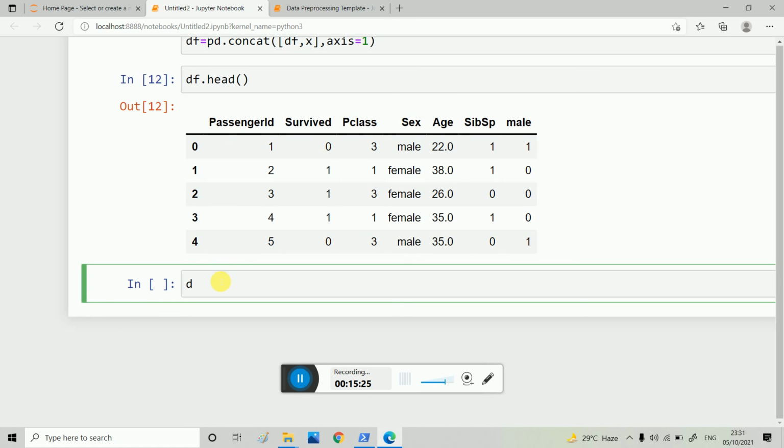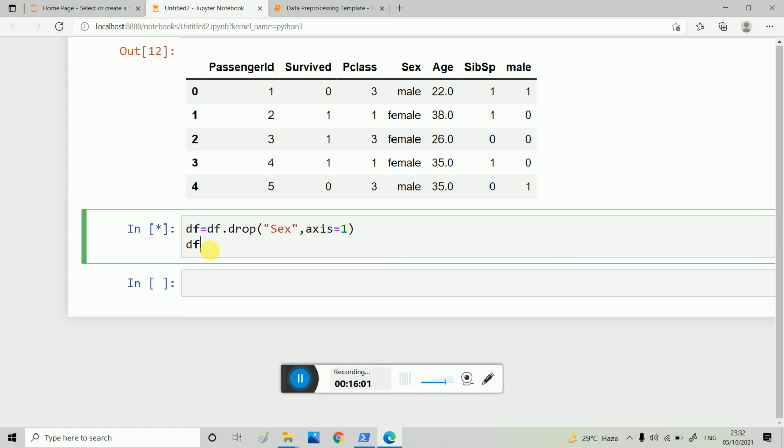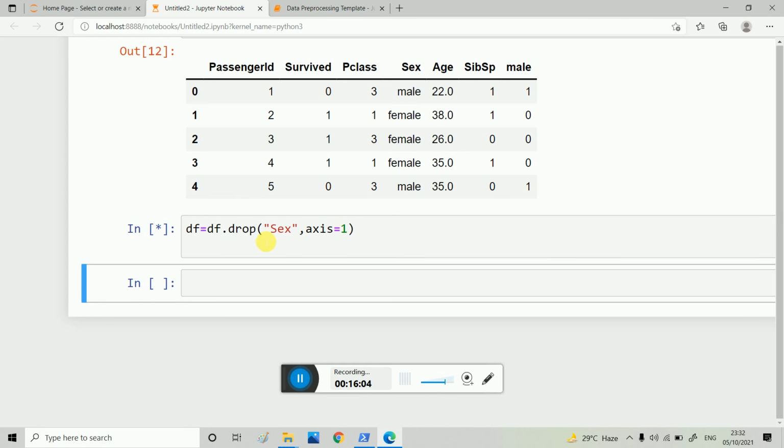You know that df is equal to df.drop, and here we have to specify the axis also, axis is equal to 1. So now df.head.